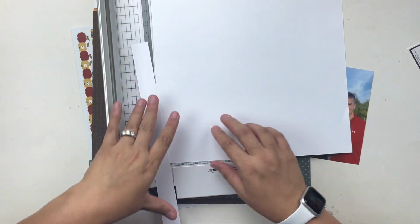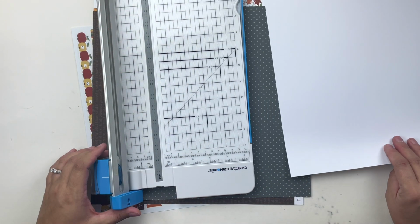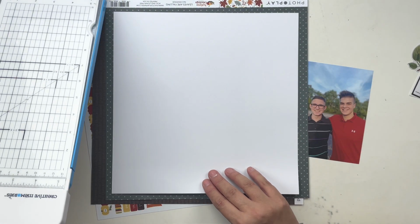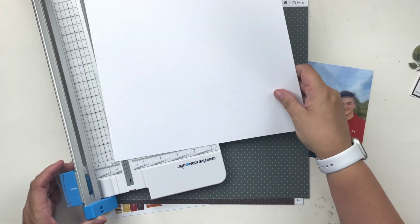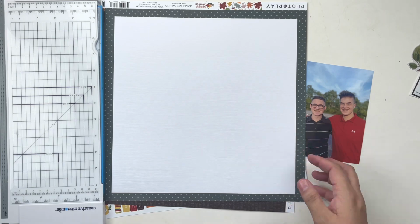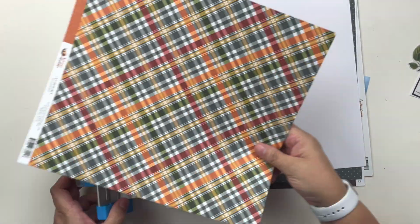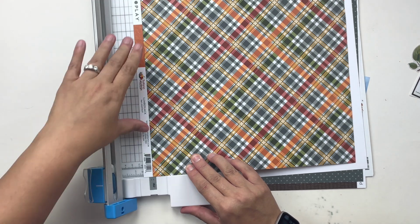So this month's sketch, I am using one from the ScrapRoom. You can find that group over on Facebook. They highlight all of the club contents and give you inspiration and ideas, as well as just other fun scrapbooking stuff to do. So I'm starting things off using this plaid paper, and I'm going to cut out the inside